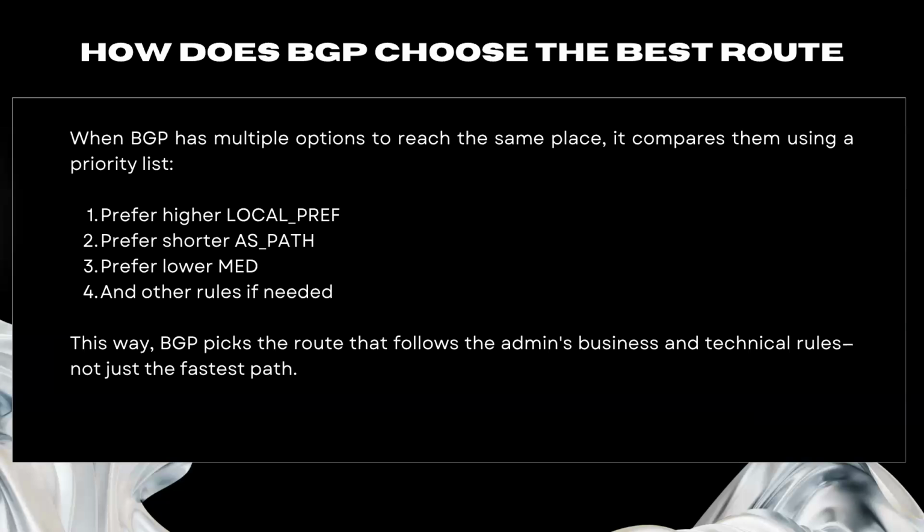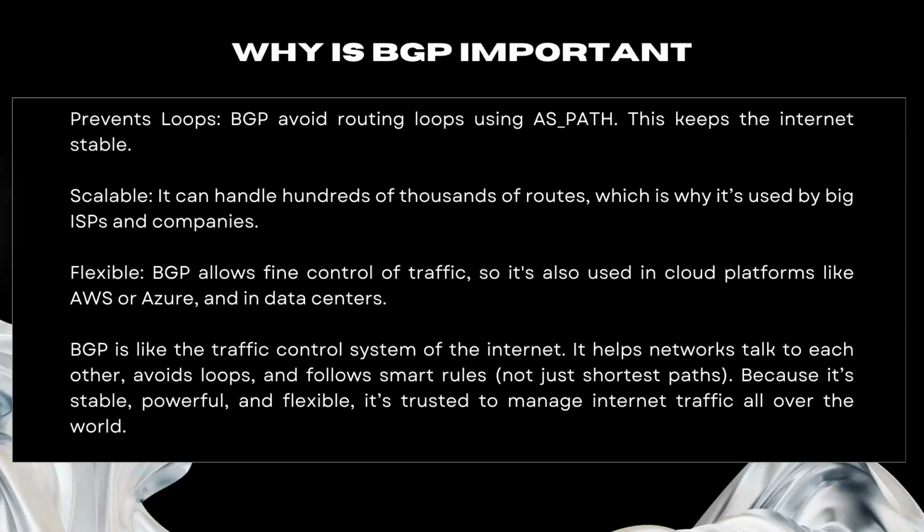Next, why is BGP important? Because it prevents loops. BGP avoids routing loops using the AS path. This keeps the internet stable and scalable. It can handle hundreds of thousands of routes, which is why it's used by big ISPs and companies. It's also flexible. BGP allows fine control of traffic, so it's also used in cloud platforms like AWS or Azure and in